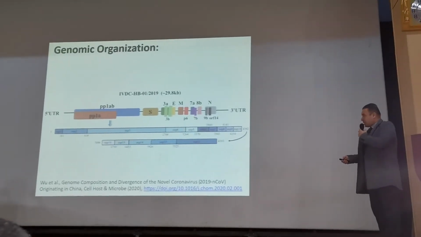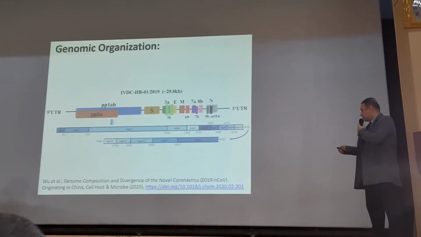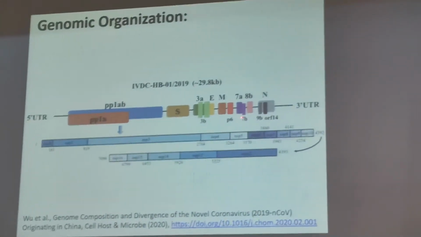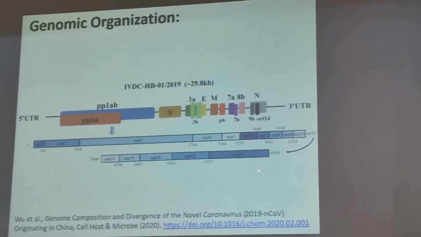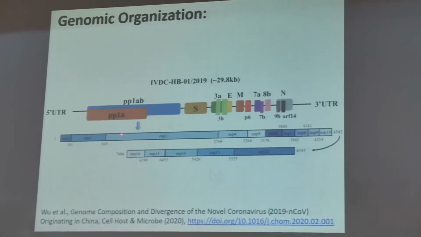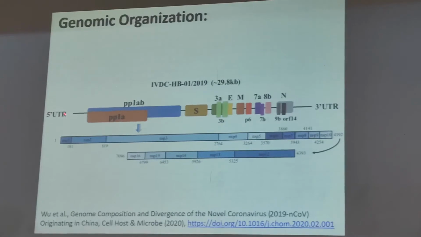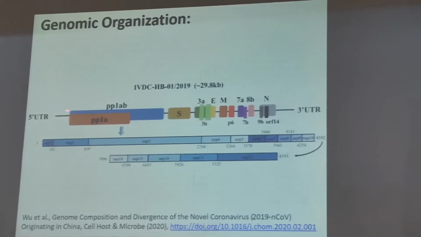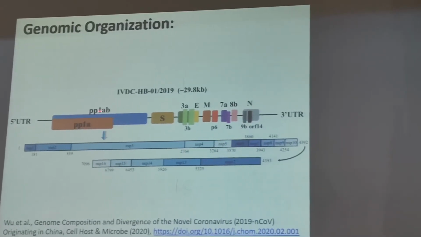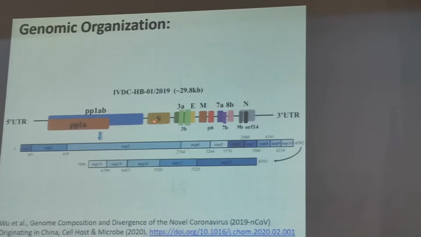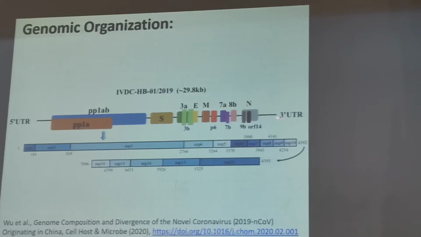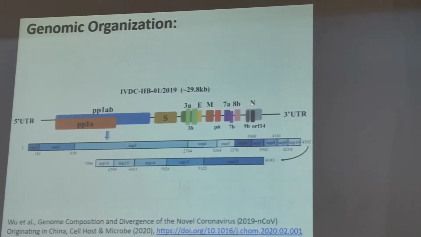The genomic organization of the virus, as you can see here, is exactly like normal coronaviruses, except for a very few ORFs here and non-structural proteins. There are exactly 16 non-structural proteins in the polyprotein, in the replicase protein. It starts from the 5' untranslated region as a positive sense, and also a very big polyprotein as RNA-dependent RNA polymerase, and then the spike and the other non-structural protein, envelope, membrane, and nucleoprotein, and the very end is the 3' untranslated